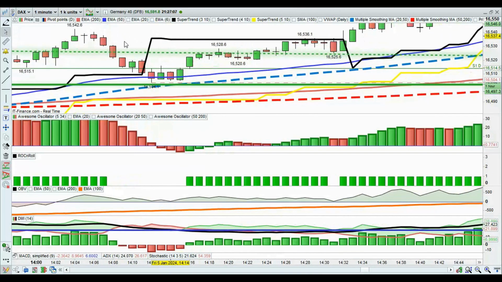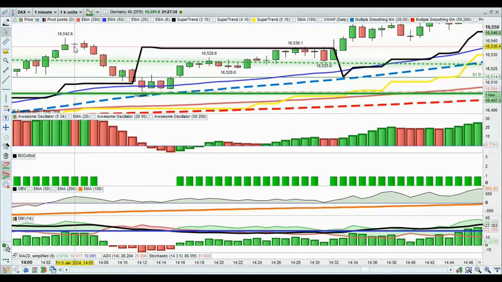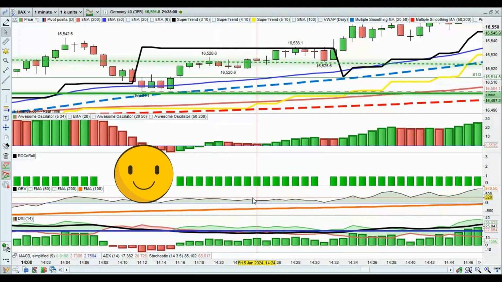So the next trade, everything's above the 50/200, price needs to start to break above this previous high of 16,542. Okay, it does. It pushes this Super Trend 310. It's already above Super Trend 510, and of course everything is perfect on all of these indicators. OBV is all above the 100 EMA and all green on rock and roll. So lovely little trade here,